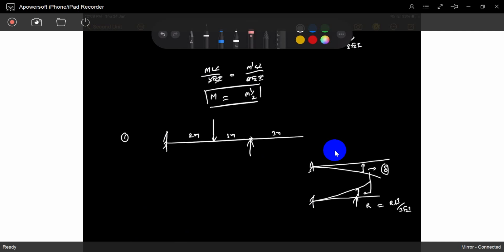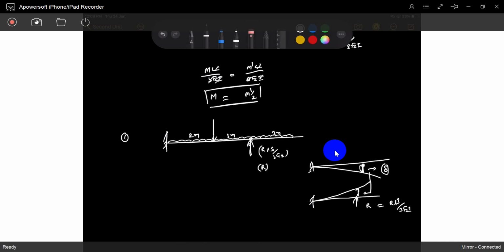You will solve it. Not only for a fixed end with concentrated load, but also for simply supported beams with uniformly varying load. Just find the deflection at any point. How can you find it? I explained that. Choose any method: double integration method, area moment method, or any method. Find the deflection at this location. That deflection is balanced by the opposite direction RL cube by 3A. Then you find R and you will solve it. No problem.